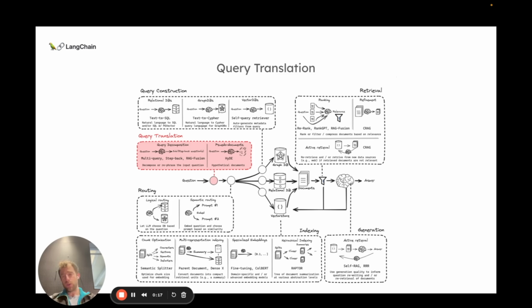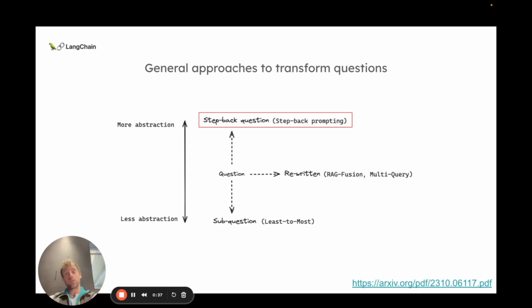So query translation, as we said in some of the prior videos, sits at the first stage of a RAG pipeline or flow. The main aim is to take an input question and to translate or modify it in such a way that it improves retrieval. We talked through a few different ways to approach this problem. One general approach involves rewriting a question, and we talked about two ways to do that: RAG fusion and multi-query. This is really about taking a question and modifying it to capture a few different perspectives,